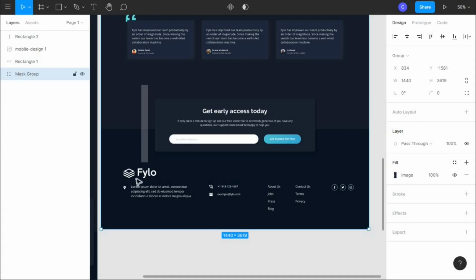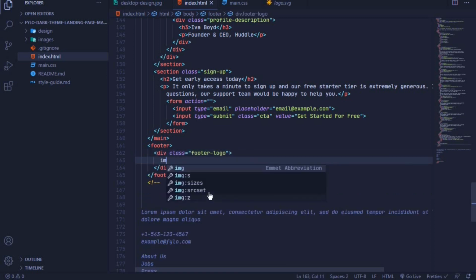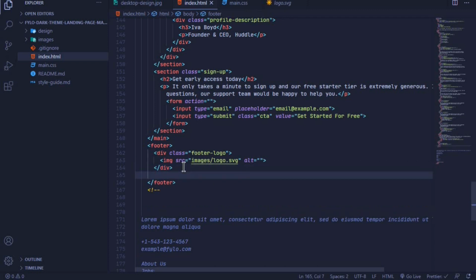So I'll add a div for the logo, and I'll give it a class name of footer logo. So dot footer hyphen logo, and then we can just add the img in here. The source will be images stroke logo. I'll add another div here with a class name of footer location,